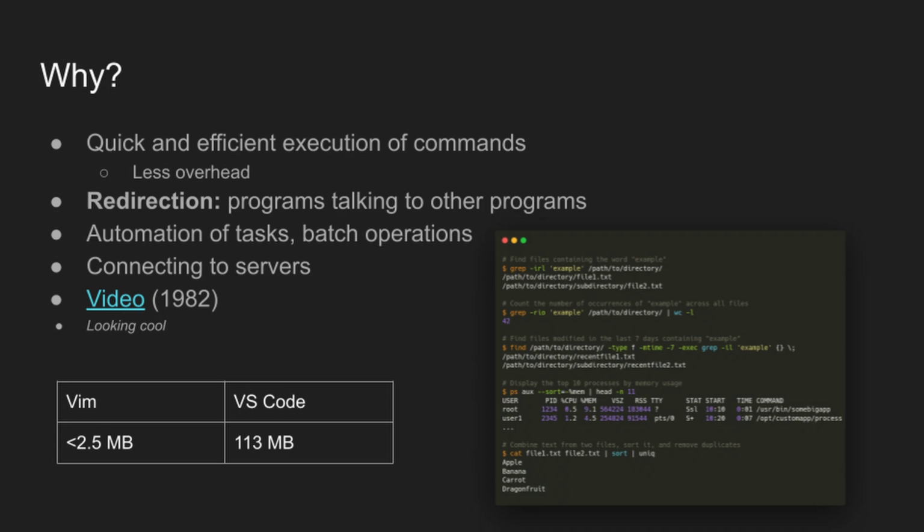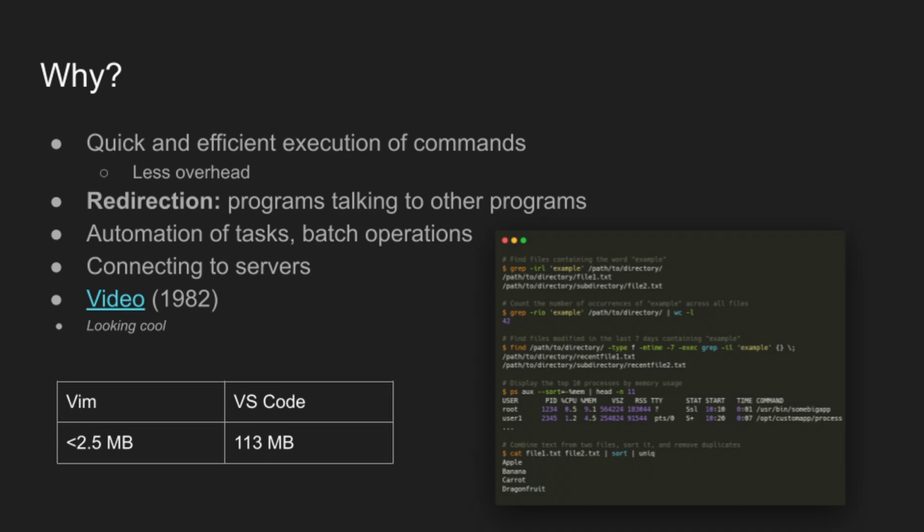So why study the command line? Basically, it allows us to do things a lot more quickly. Even though that may seem a bit counterintuitive, as interfaces are good and all, there's certain tasks where the command line is simply more efficient, and we'll learn about that. A main advantage of it, and the main reason why